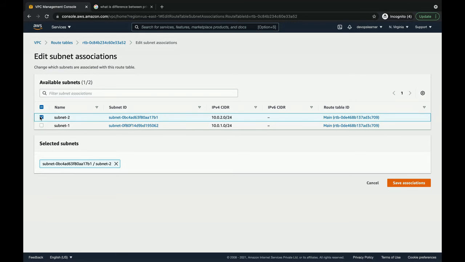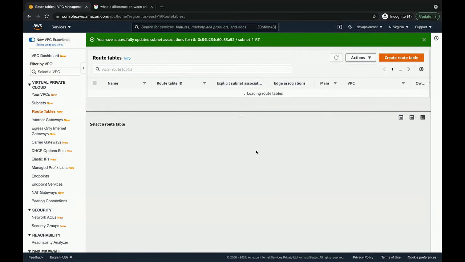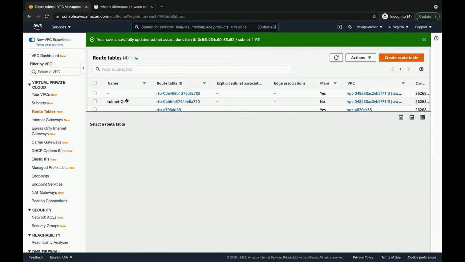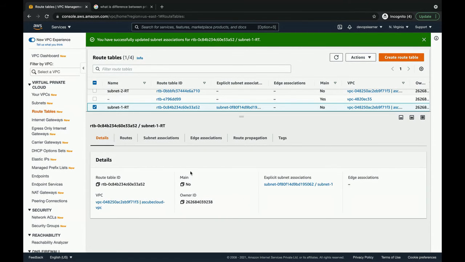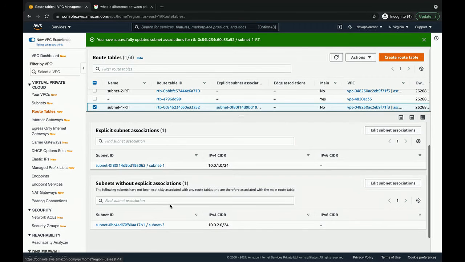Save associations. So now you will be able to see only one subnet association here.